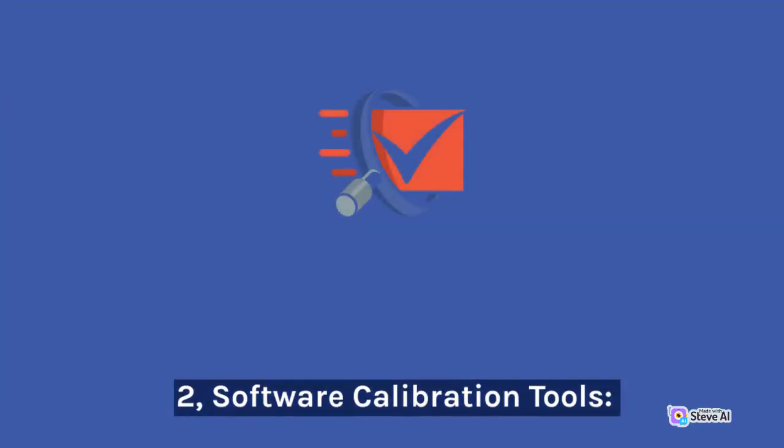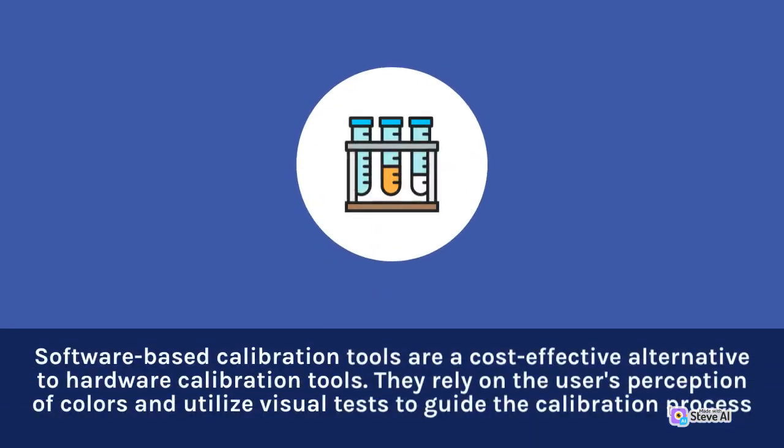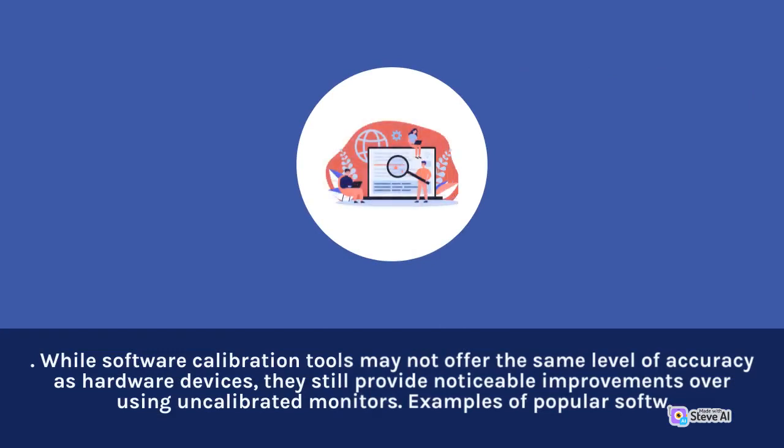2. Software calibration tools. Software-based calibration tools are a cost-effective alternative to hardware calibration tools. They rely on the user's perception of colors and utilize visual tests to guide the calibration process. While software calibration tools may not offer the same level of accuracy as hardware devices, they still provide noticeable improvements